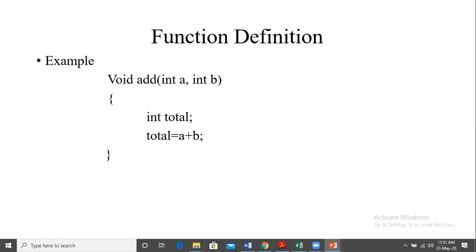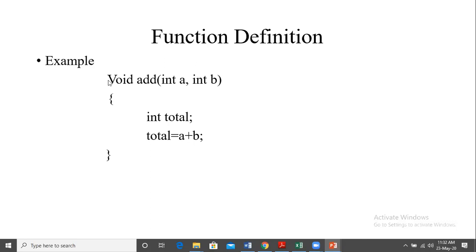So that is when we don't get any return answer, right? So in that case, return will be void. Here the function has to perform addition. It is adding two numbers, but it does not return anything. It does not tell the answer back to main. Okay, so that is when we have this type of function.